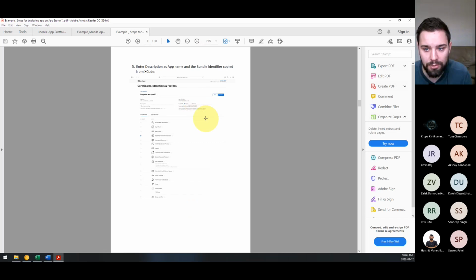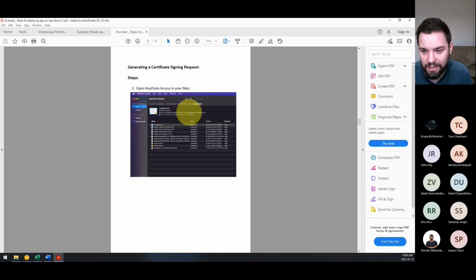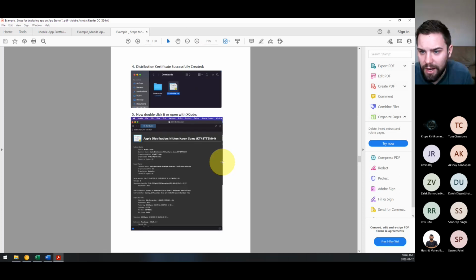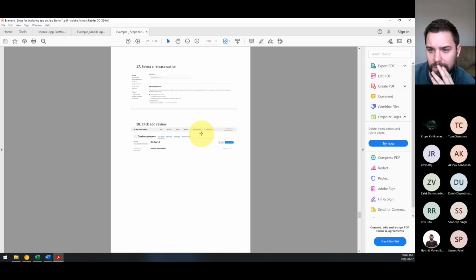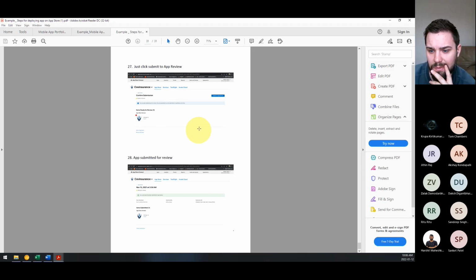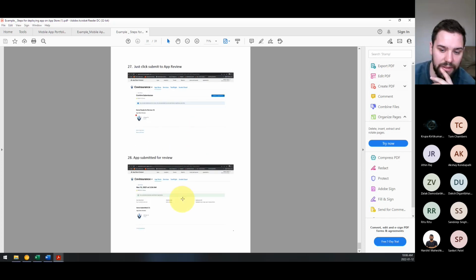So this is how to connect to the Apple Store Connect, and how to create your certificate and your identity to publish it. They have a keychain to verify their IPA file, and then let's see. They select their release options. They submit it for review, and so that's the one thing that wasn't added onto this was,